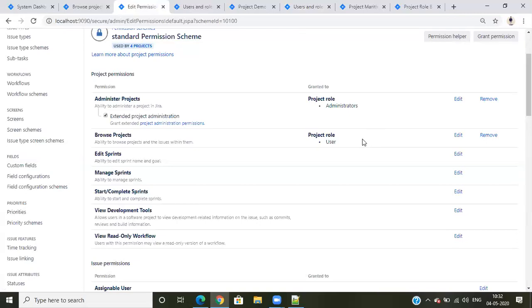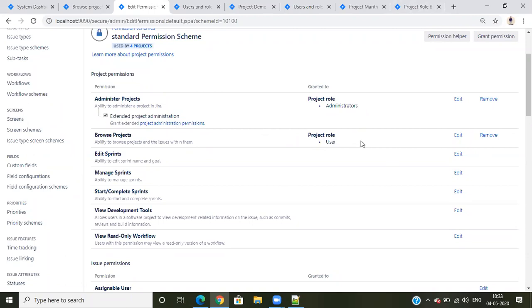If I add any person into the bench project roles, based on that permission scheme level, the person can access that project only. Can you see here, browse project? This permission scheme is assigned to 4 projects. But within those 4 projects, I assign at the project roles level, and the 4 projects' roles are different: bench project roles are different, demo is different, JP is different, Maruti is different. So if I add any person into the bench project role as a user, the person can access the bench project only.